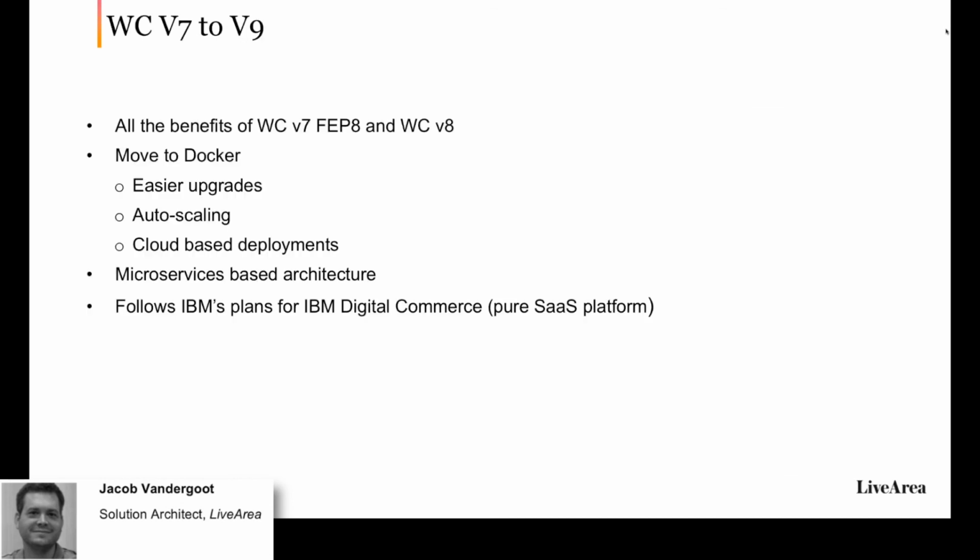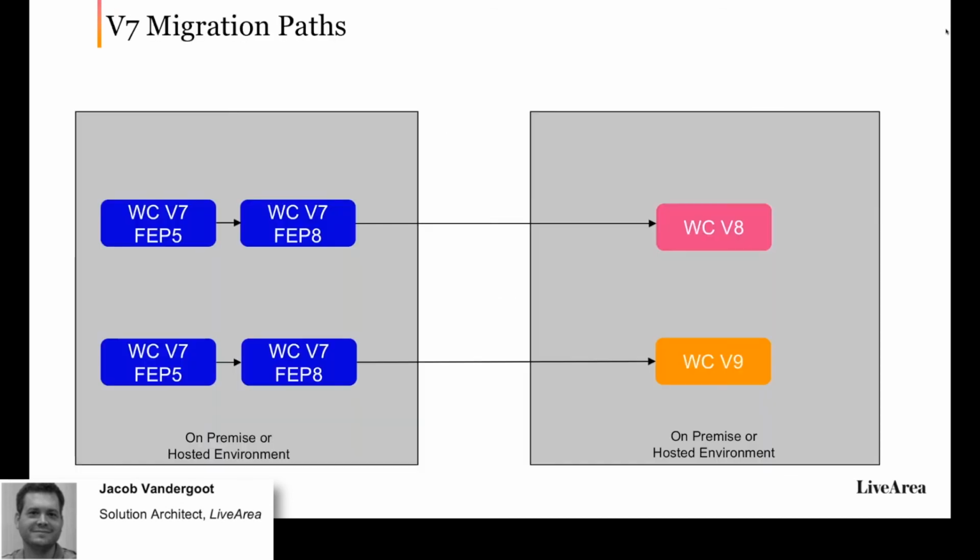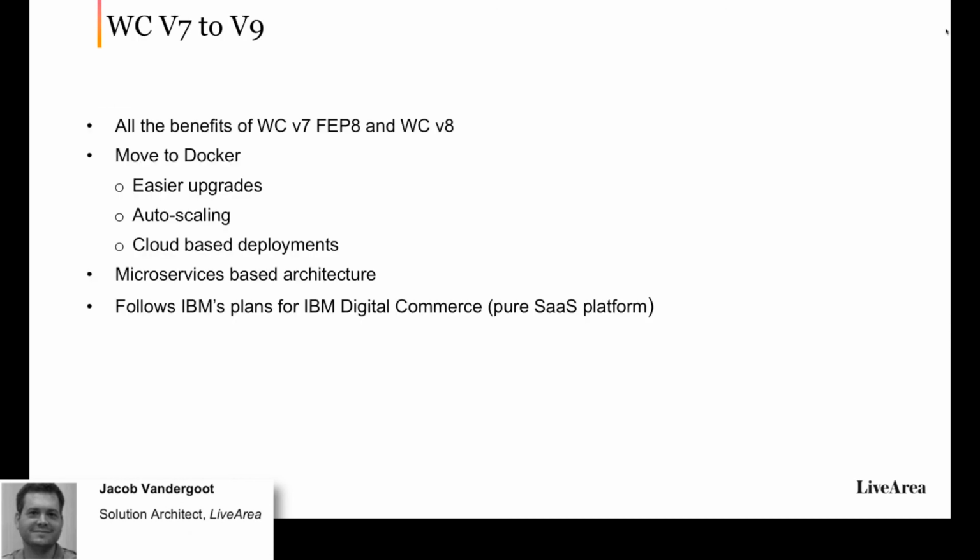So if your thought process is whether I should go to V8 versus V9, the next slide's perfect, actually, Michael. Really, the question is why wouldn't you go to V9? Because V9 gives you all the benefits that V8 gives you, and so much more, such as Docker, which is a much easier way to manage and deploy your application, and from an architecture perspective, the microservices-based architecture is setting the stage, allowing your application and your solution to evolve to match how technology is